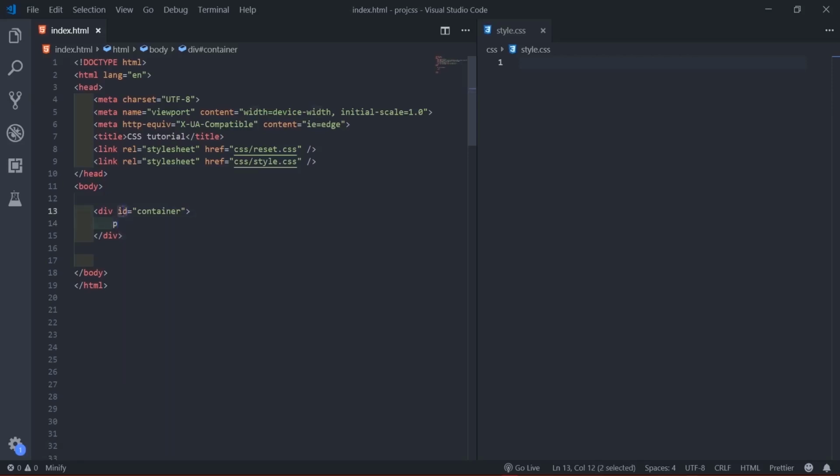In fact, I'll change it to a class of container. Then I'll give this paragraph a class of 1.